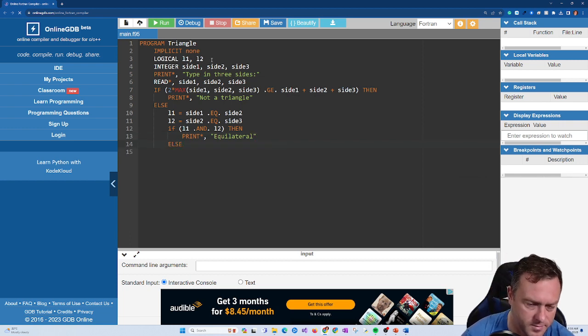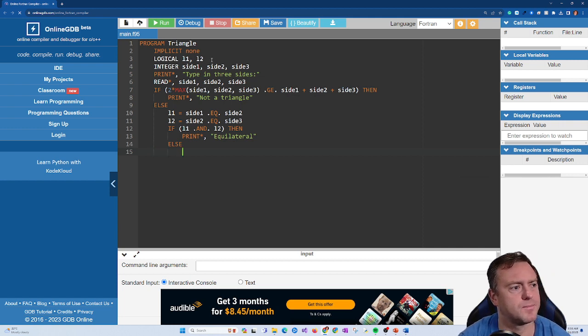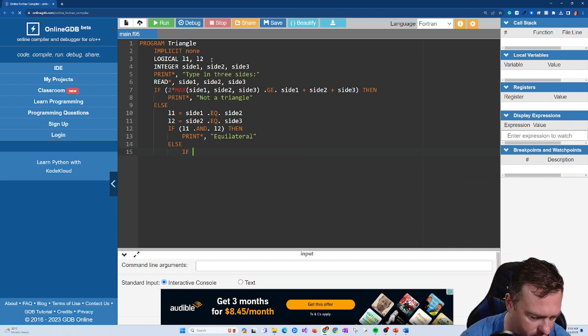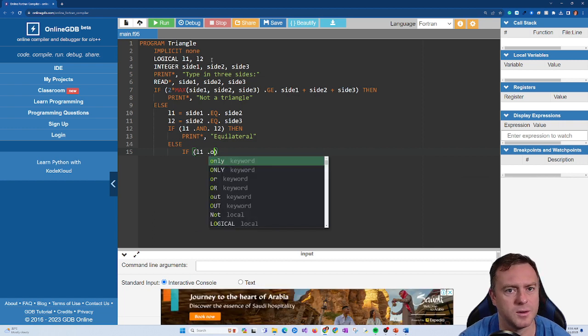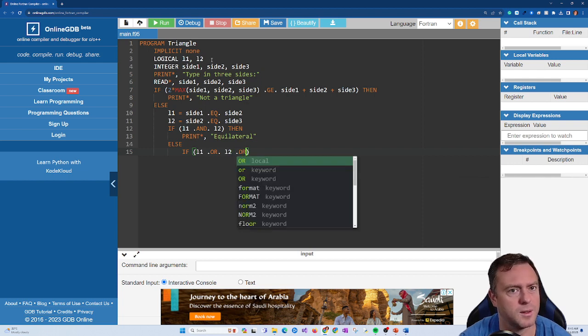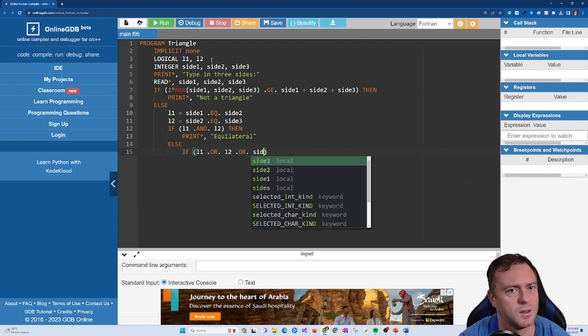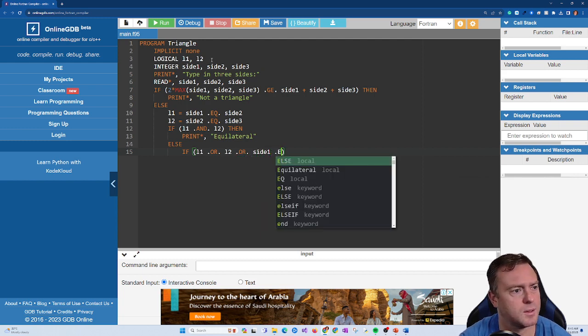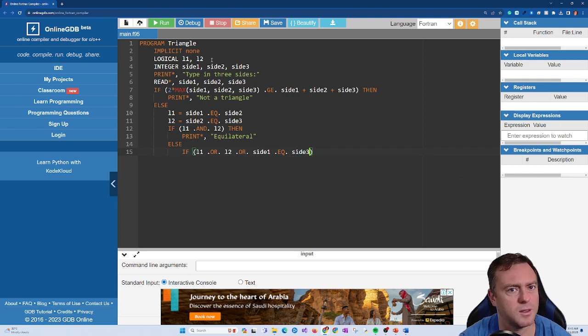Else if L1 dot or L2, those are the logical operators, dot or dot side 1 dot equals side 3, then